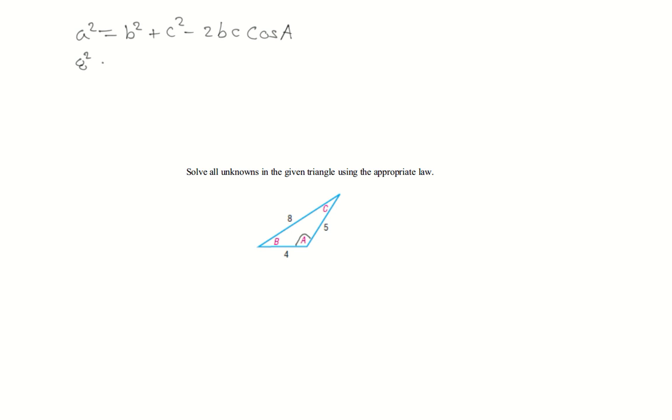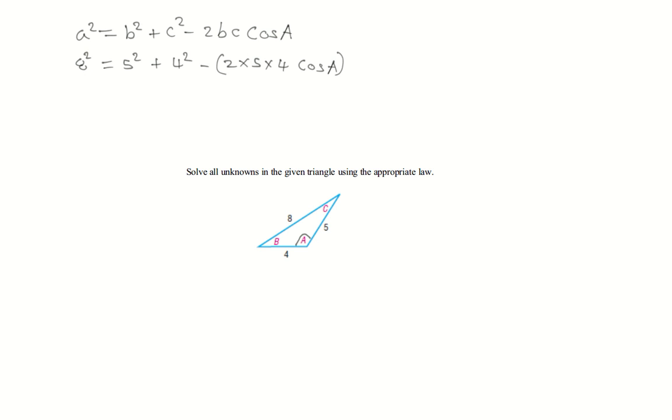A squared, 5 squared plus 4 squared minus, I'm going to open a bracket here to show that all these terms are multiplying each other, 2 times 5 times 4